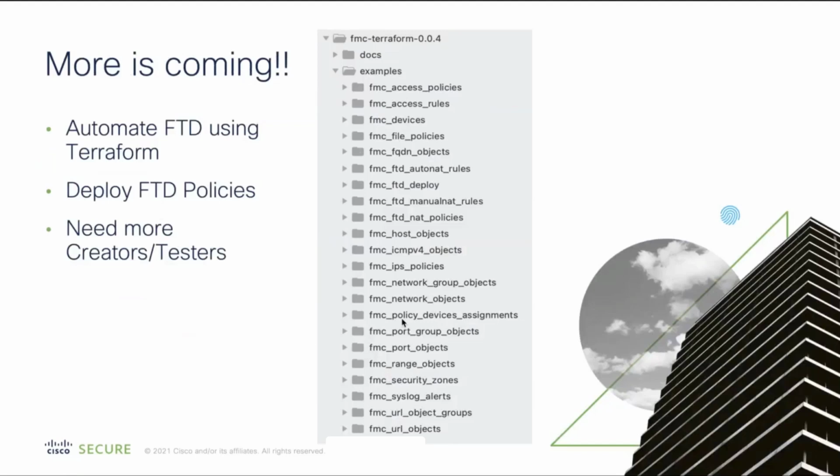But as you can see on this big list of things that we can already do, IPS policies, network objects, right? So if a customer has a bunch of network objects, we can put them in a template, deploy them, and all of a sudden, instead of inputting every single one by one, yes, you can do it with a text file, but you can't tear it down in the text file, right? You can do destroy, and it automatically destroys it really quickly. So there's a lot of things we can do through automation. Text file is just not the same. We can do outputs. We can give these to customers, partners, so they can help us build this and build the kind of cloud